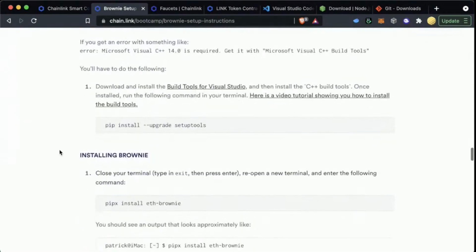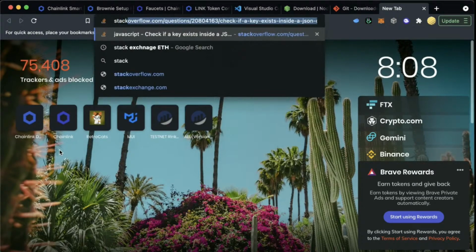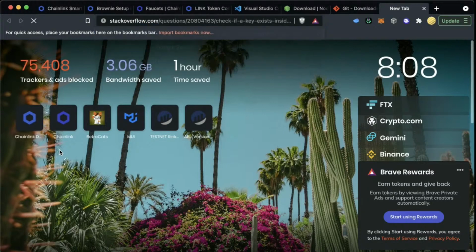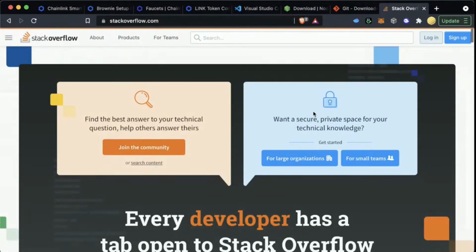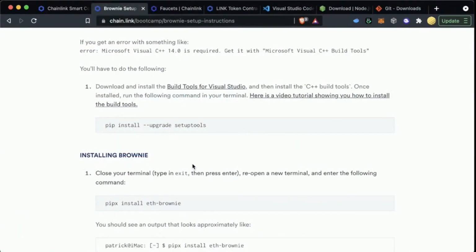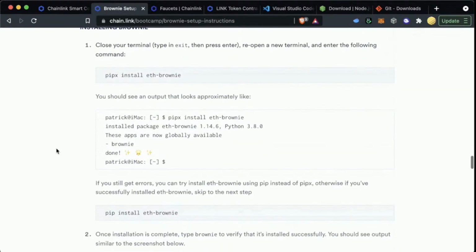There's a little troubleshooting. Again, if you run into any issues here, oftentimes just getting this stuff set up is the hardest part. If you run into issues, this is where Stack Overflow is going to be your best friend. Jump on Stack Overflow, ask a question, and then feel free to drop that Stack Overflow question into the Discord saying, hey, having a problem setting up Brownie or pipx or something. Ask the question there, drop into the Chainlink Discord, and get some eyes on it.